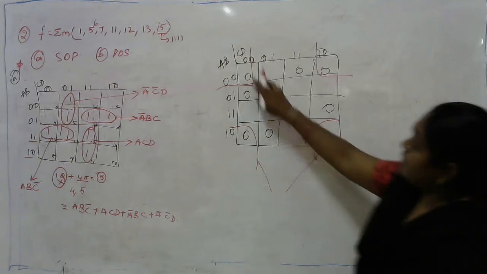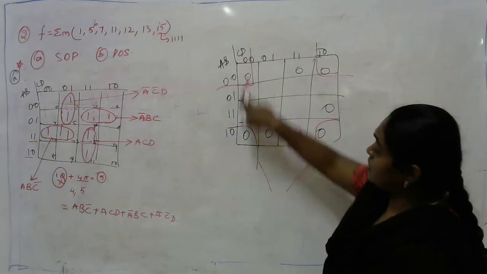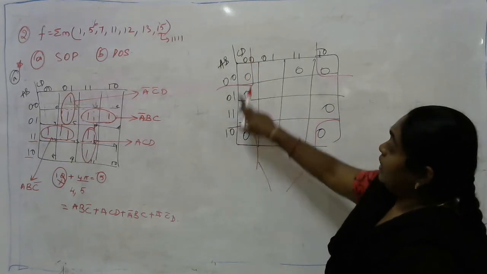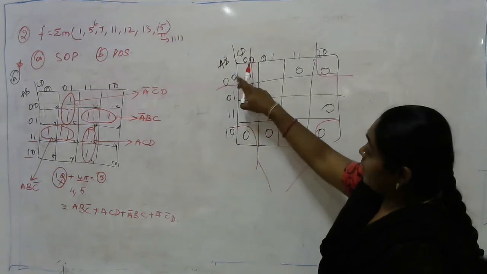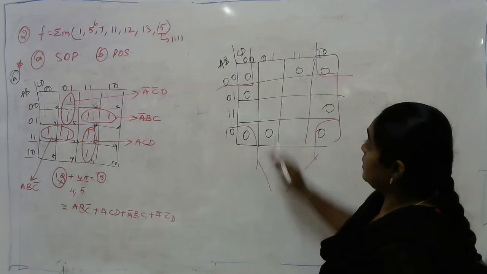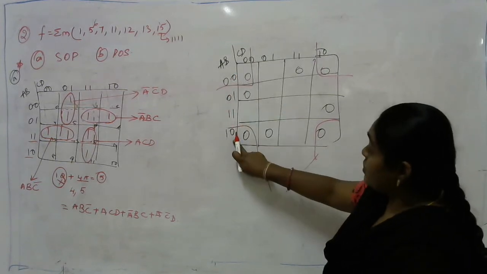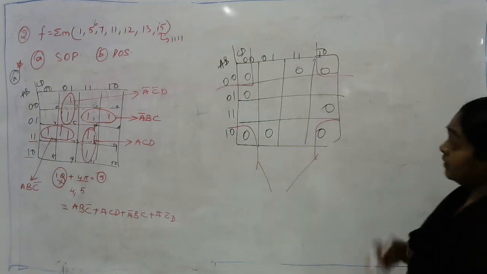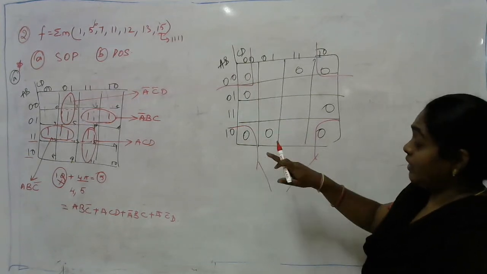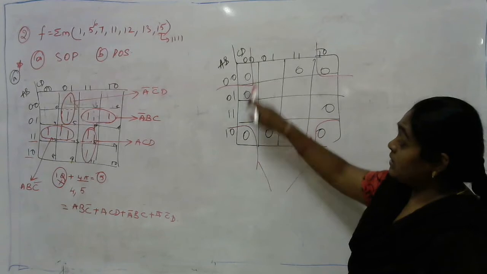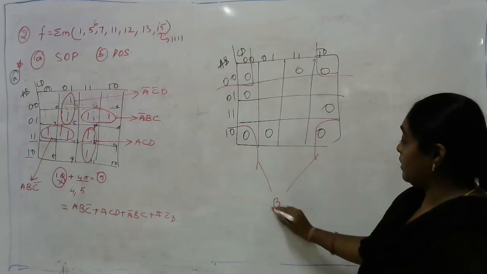Here, as it is covering the first row as well as the last row, it is related with 0 0 and 1 0. So the B will be left over, A will be cancelled out. Under B, it is 0. Here I am writing directly that under B, it is 0. Previously, if it is 0 we would write the complement, but as it is a POS expression, I am writing it as B.